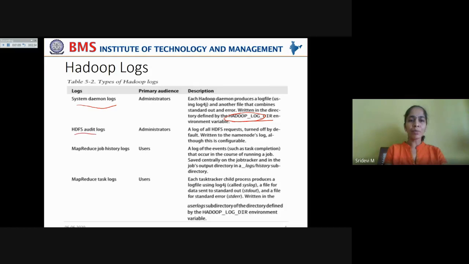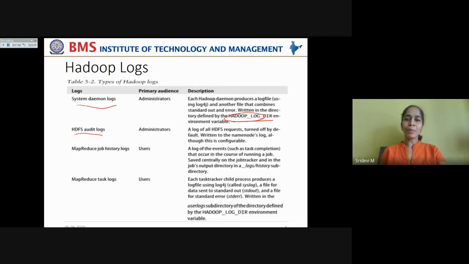Another Hadoop log that is created is the HDFS audit logs. The targeted audience for them is again the administrator. The HDFS audit log is a log of all HDFS requests, turned off by default. Normally, many clients make HDFS requests simultaneously, right? The log of all these HDFS requests will be provided in the HDFS audit logs, and by default, it will be turned off.